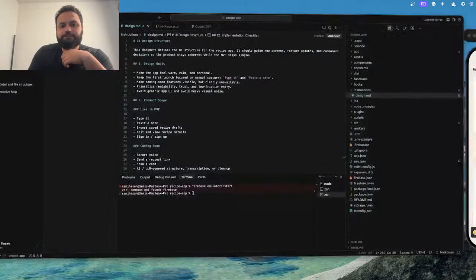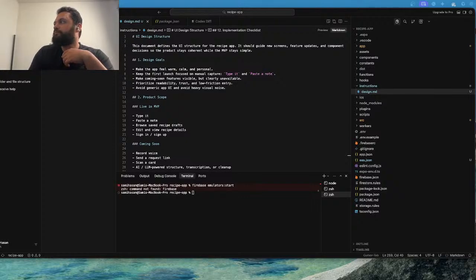It keeps telling me that Firebase, but okay, so another problem detected. I think I'll need to